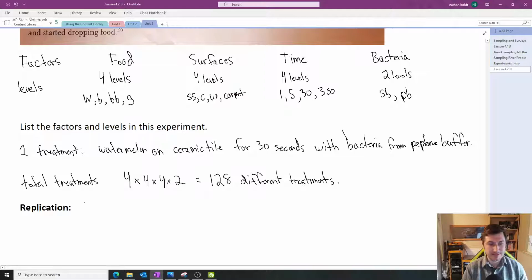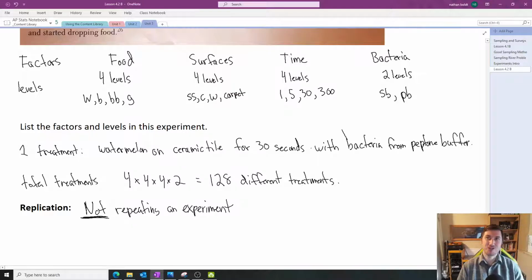All right, so I might say this is not repeating an experiment. It's tempting to say that, but that's not what it is. And you can guarantee if I give you a multiple choice question about replication, that would be one of the options, because I want to know, do you realize it is not repeating an experiment? Okay? In stats, replication means you have